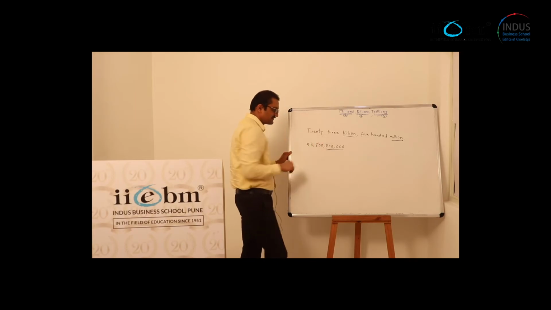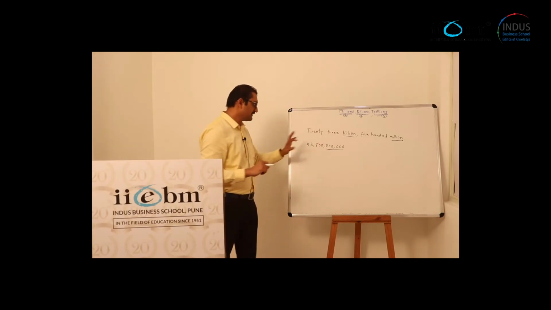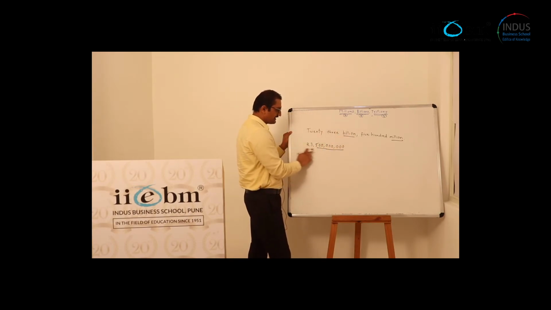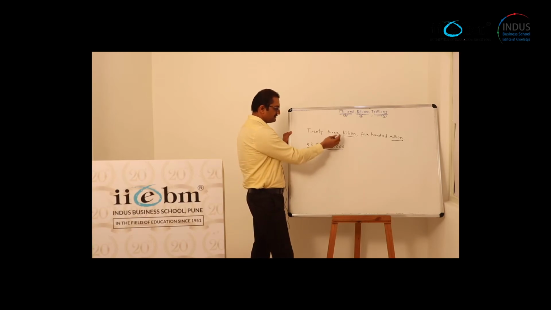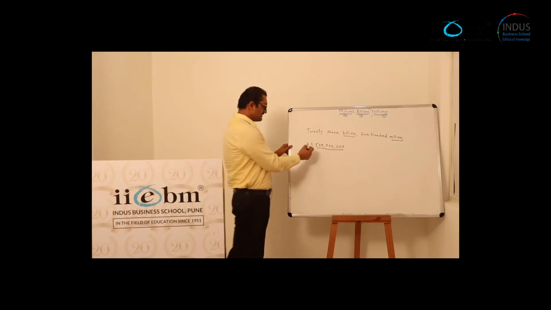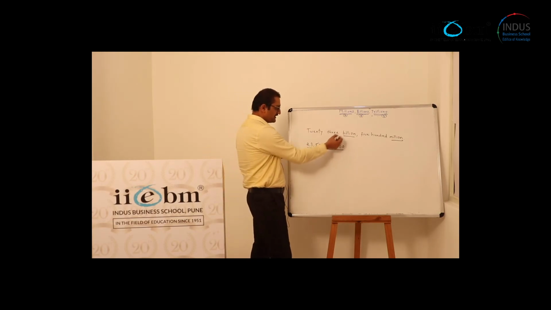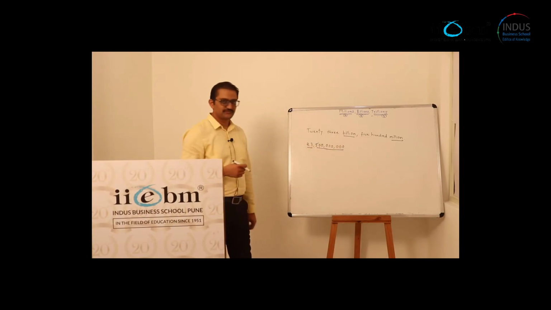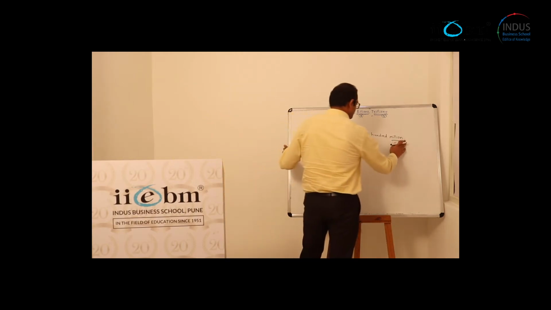So this 0 will be replaced with 5. Now I can read this as 500 million and I can read this as 23 billion because we have 3 periods in the number. So this number has become 23 billion 500 million. Okay. Now let me add something else also in this.